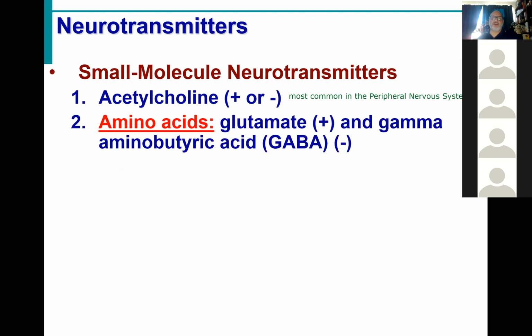In the central nervous system, the primary neurotransmitters are actually amino acid based. Glutamate is the most common, and so let's just do it this way. Most common in the central nervous system. Glutamate is the most common excitatory neurotransmitter in the central nervous system, and gamma aminobutyric acid,